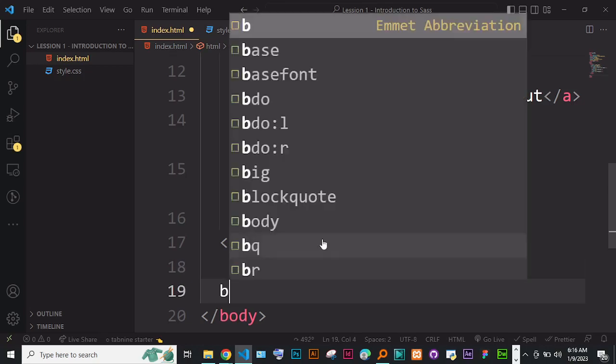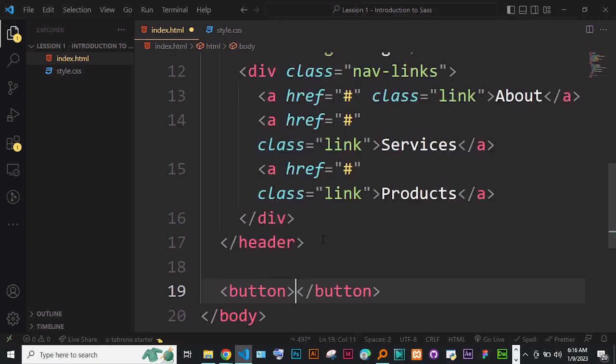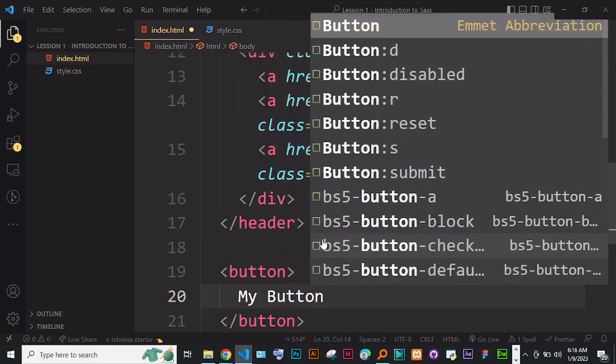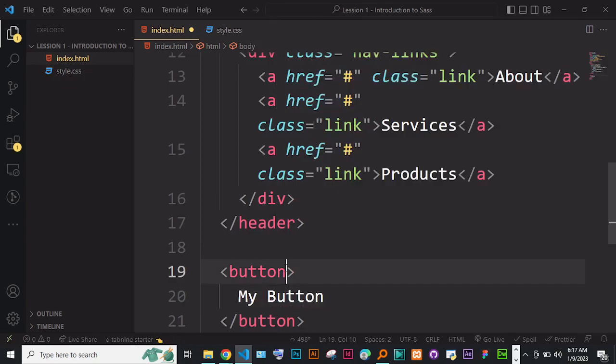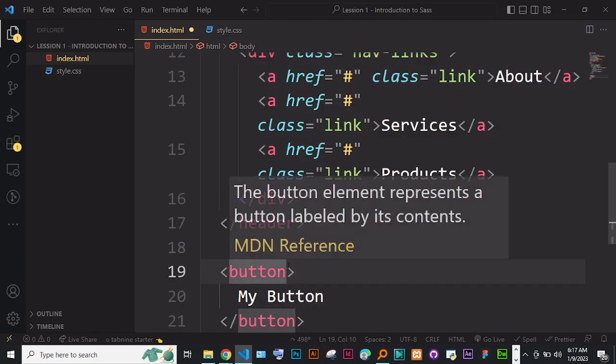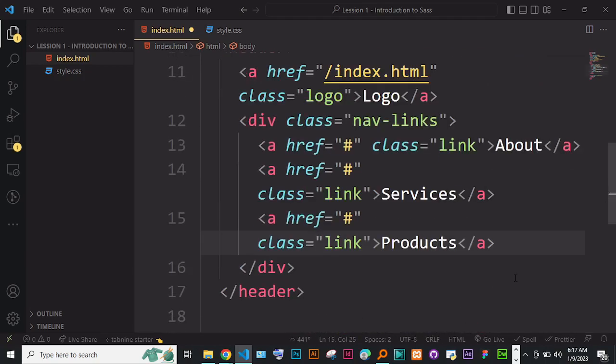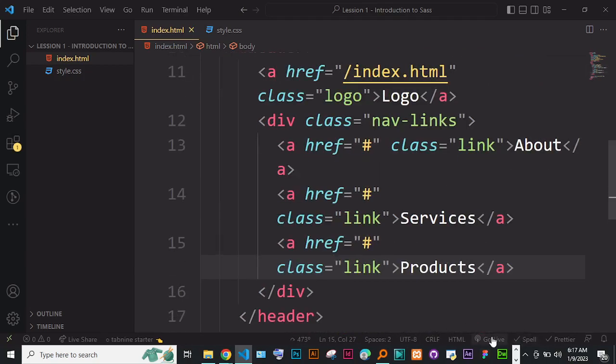We could also come here and put a button. Okay, let me say my button. So you can also give it maybe a class, maybe button from. Okay, so we have this, and if I look at this in the browser,